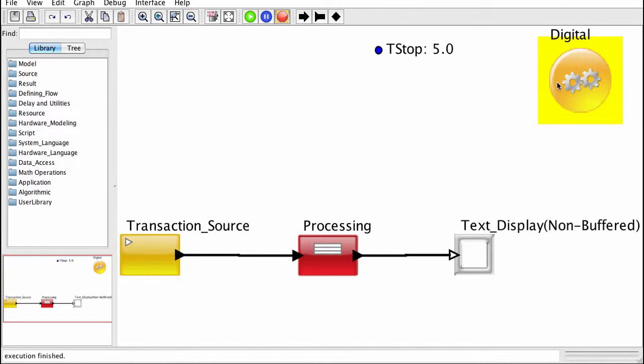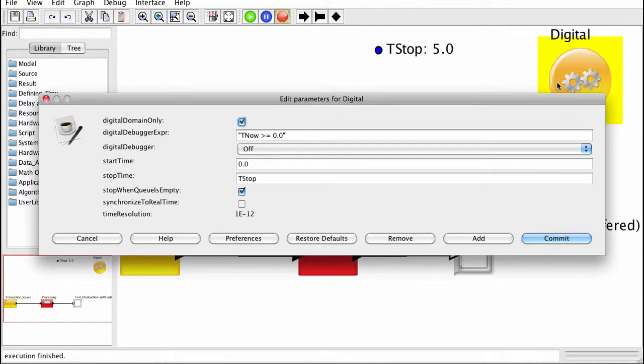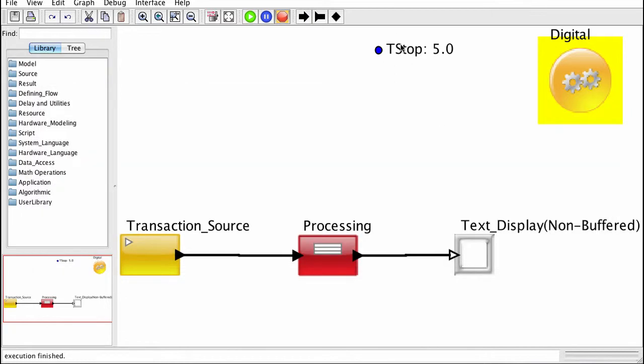One of the common things that you'll do with the digital block is specify the stop time for the digital block. So in addition to specifying the digital block as a timed simulation, you'll also specify when the stop time is. And what we typically do here is we link the stop time to a parameter on the main window. I call it tstop. And that parameter is here, and this specifies the simulation stopping time, which currently is set